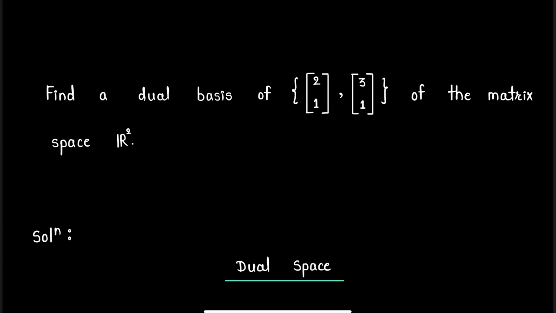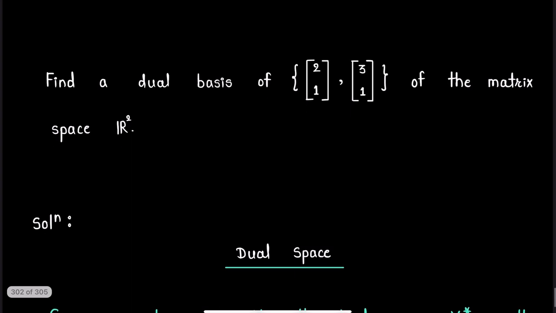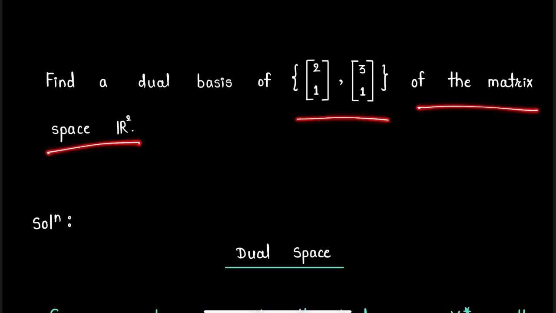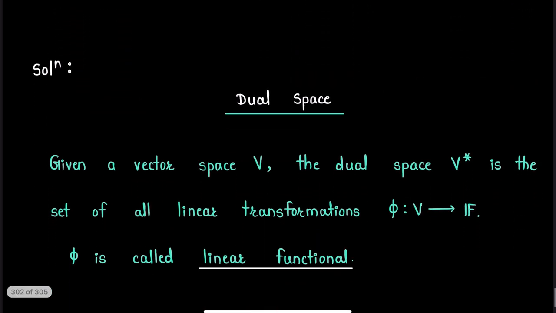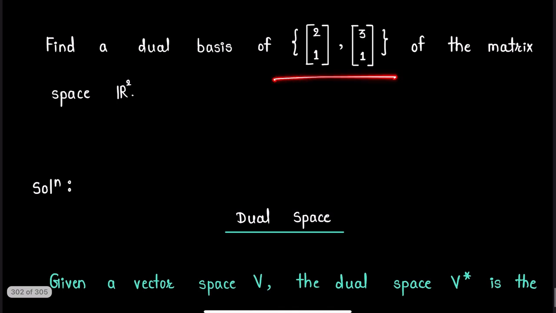In this video, we are going to solve this question from linear algebra based on the concept of dual space and dual basis. The question is: find a dual basis of the basis containing vectors (2, 1) and (3, 1) of the space R2. In order to find the dual basis of the given basis of R2, firstly we need to